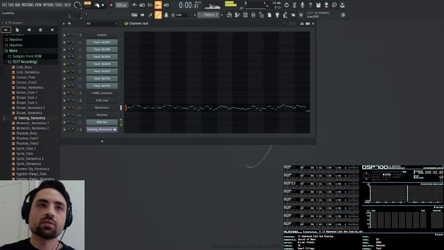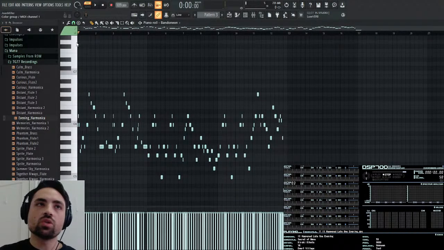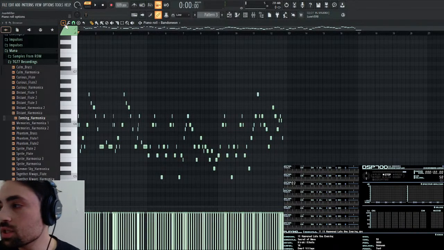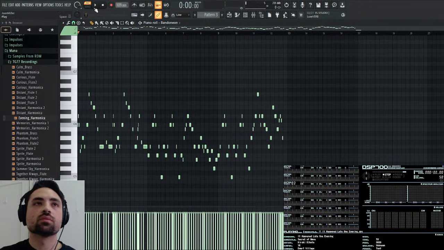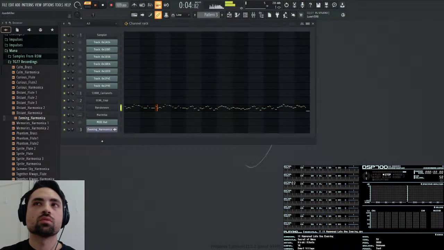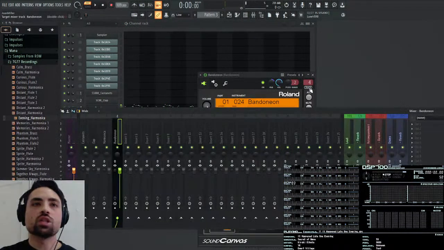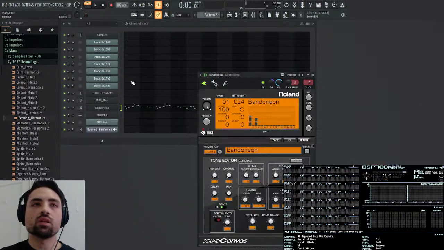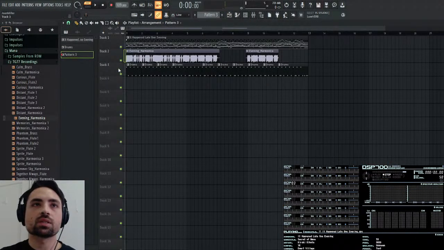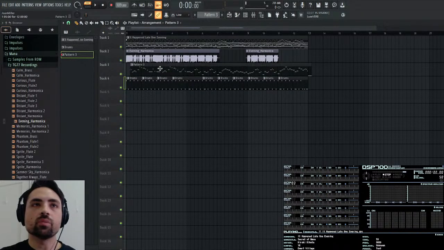Let's hear how it sounds. Oh, that's right. I have to point the notes to channel 1. So right now they're blue, which means they're somewhere around here. I have to go select channel 1 and Alt C to change it. Cool. Now I just send that to a mixer track and then drop it into the mix. Let me insert one on the playlist, and that'll be good like that.